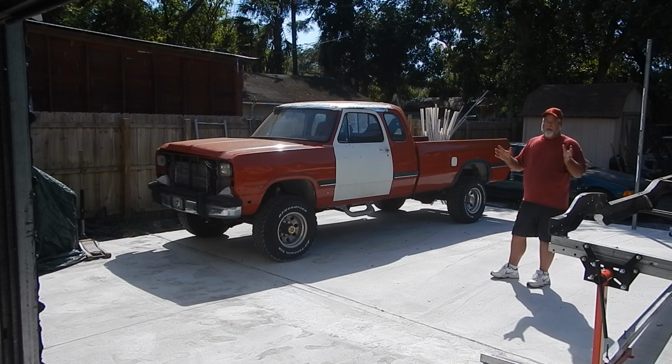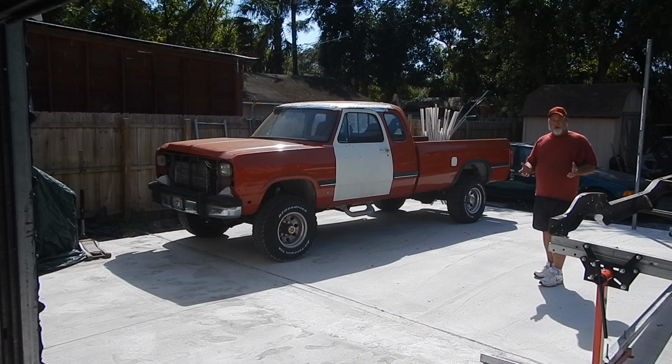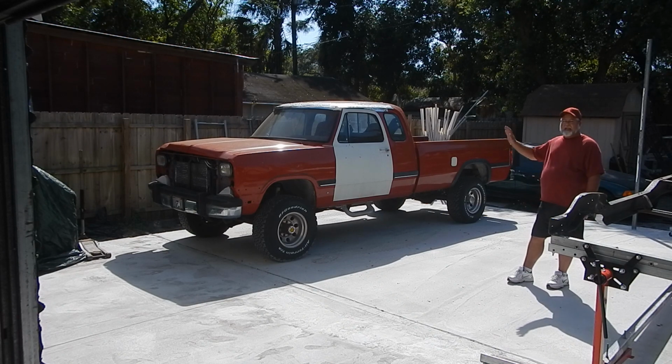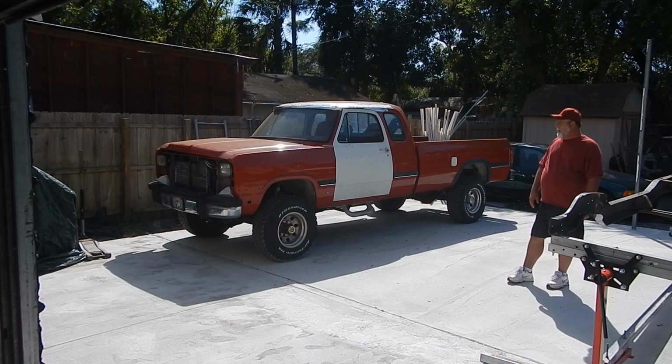I know a lot of people are going to say, hey, let's do an NV 4500 conversion, put a 5-speed in it. I kind of like to do that, but the older I get, my hips bother me a lot. It's harder to get up and down, it's harder to move. So we're going to keep this as the stock automatic, but with some real nice upgrades for the cooler,